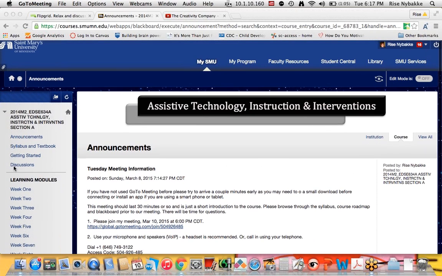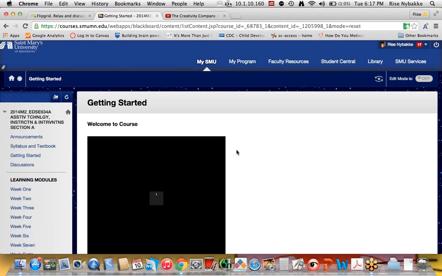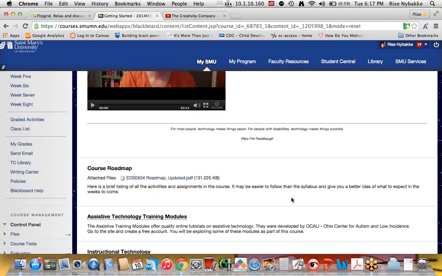And then here, if you look on the left sidebar, this is where you're going to find a lot of things. The syllabus and the textbook, you've probably already seen. This getting started folder is kind of important, and I'll refer back to this folder quite frequently when I'm answering questions.